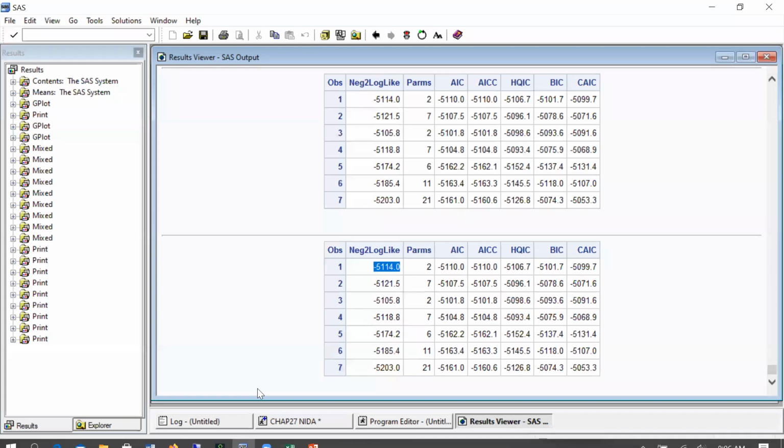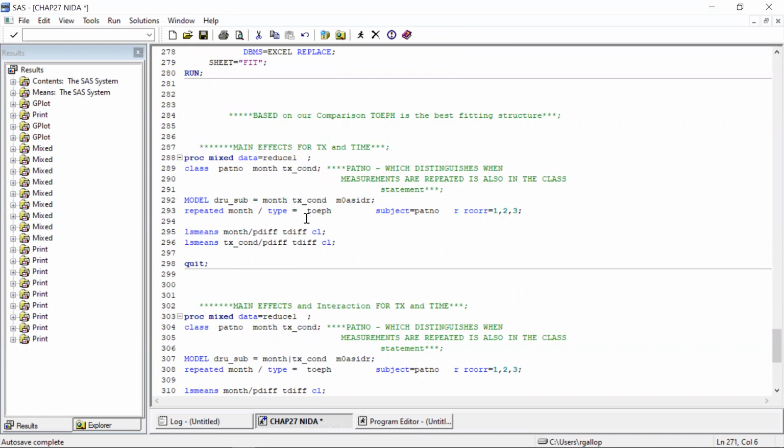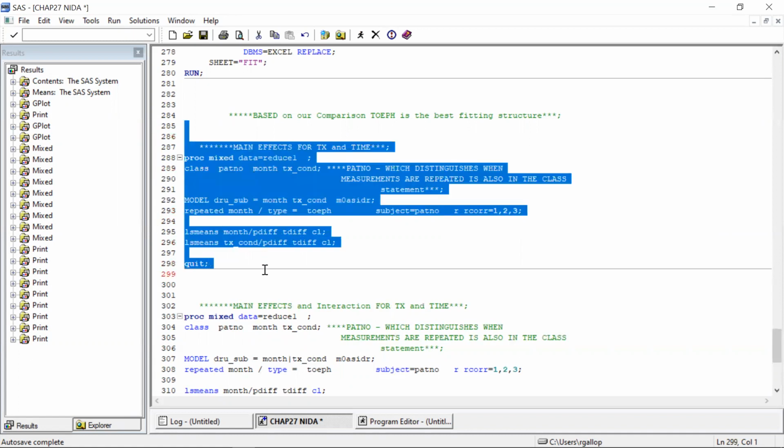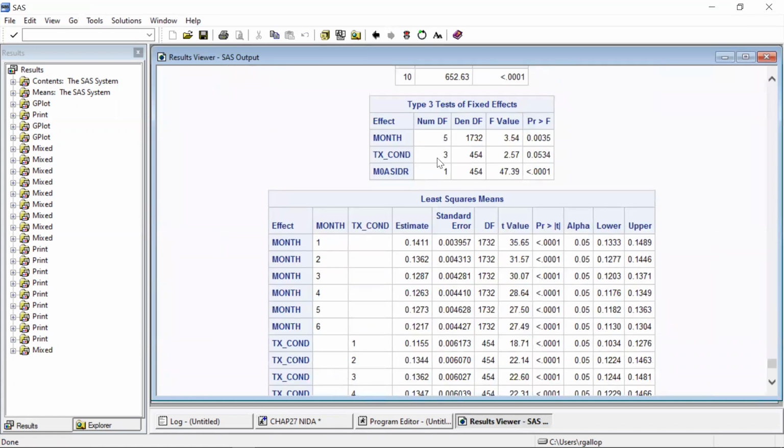So when we go here, we're going to go ahead and fit, in this case, the Toeplitz heterogeneous. I'm going to print out the variance covariance matrix, and I'm going to show you the variance covariance matrix as a correlation matrix for patient 1, 2, and 3, just so you see what the Toeplitz heterogeneous is doing. So when we fit this model here,